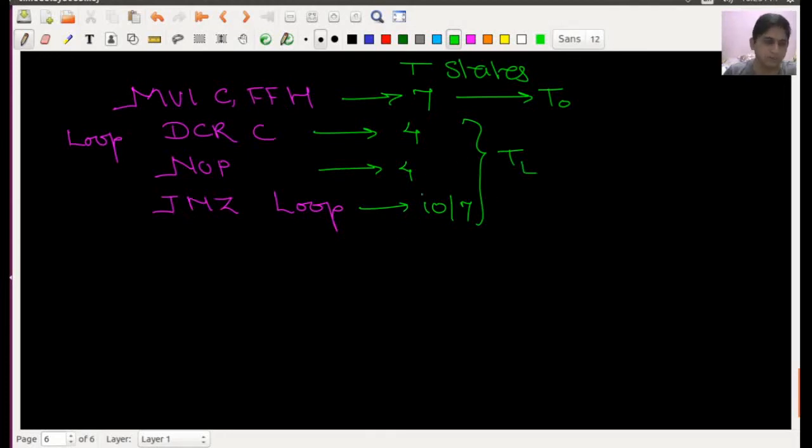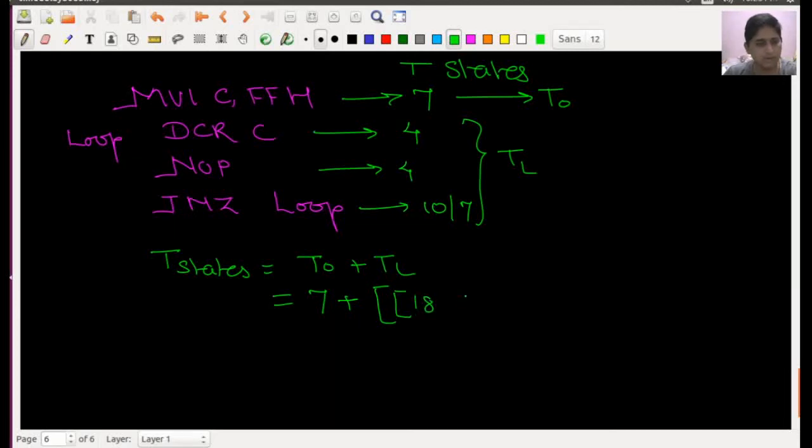Now you can think about that. The inside is increasing by a factor of 4. So the total number of T states can be written as T0 plus TL. This T0 is 7, plus TL, where you write the same thing, but here it is 4 plus 4 plus 10, which means 18, multiplied by the maximum count, which is 255.